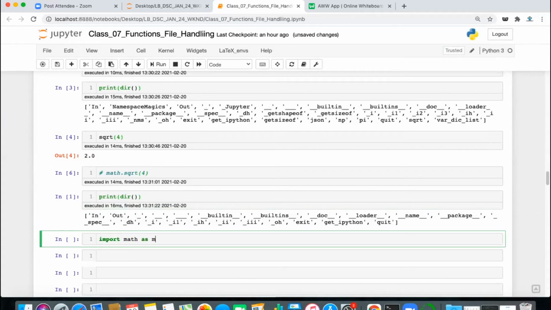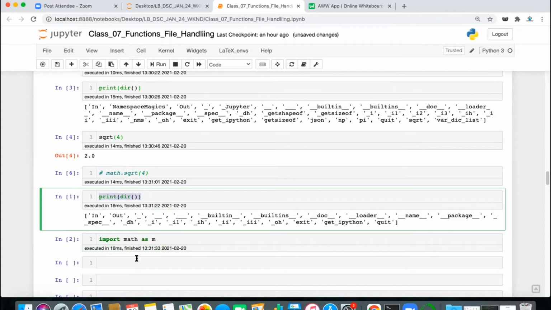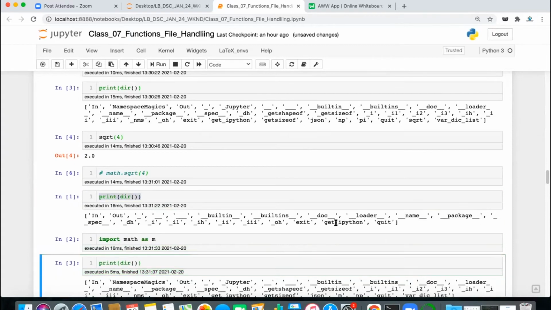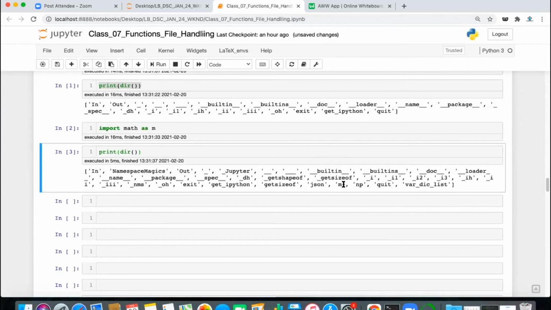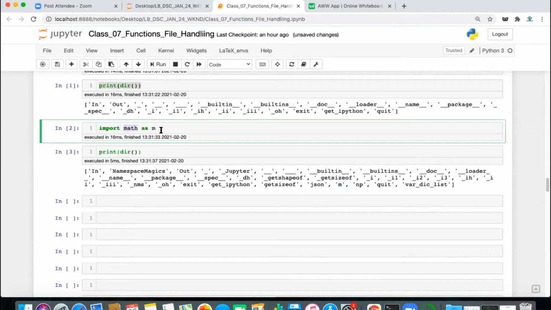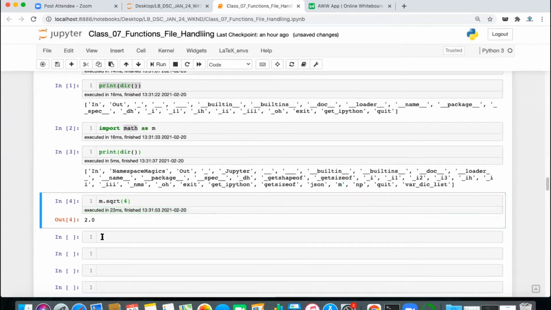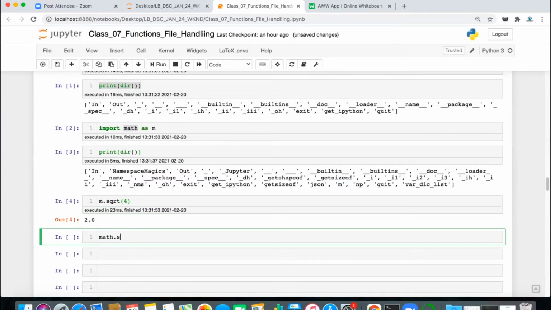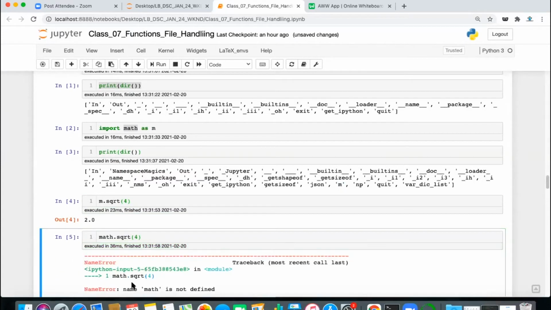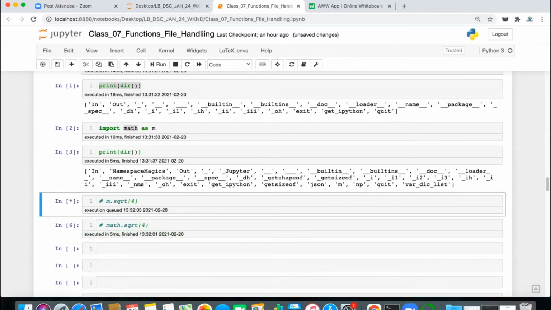I can write import math as M. Executing this and then checking your directory, it will show that the name M is available, but math is not available. So now you have renamed the math module as M. If you want to use any function inside it, you have to write m.sqrt of 4. You cannot write math.sqrt of 4. That will give you an error, because the math name is not available in your global namespace. So you'll be using this name only.